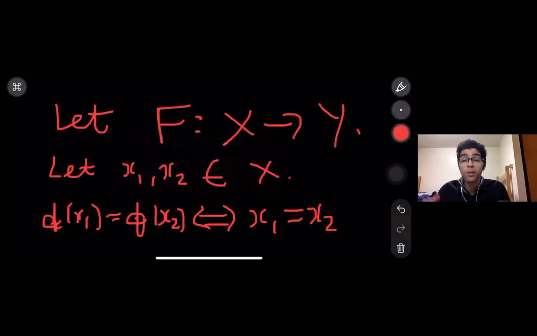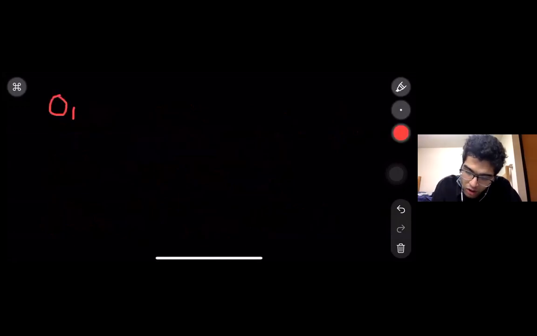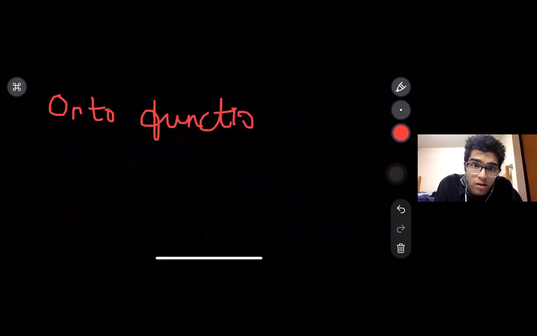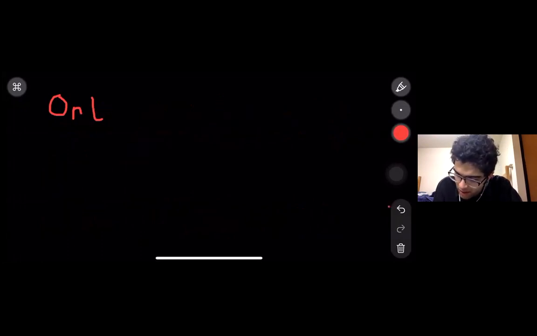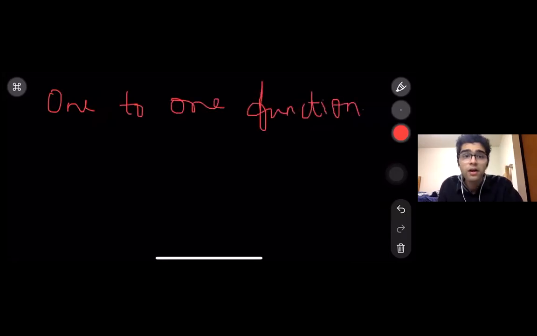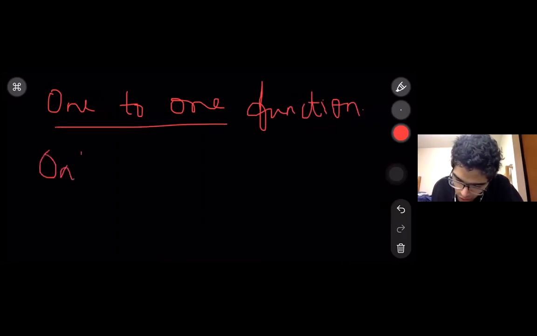Okay, now let's talk about the other function, which was the onto function. Actually, let me try to write it using slightly smaller ink. Let's see if it will work out better. Maybe it will give me more space. Let me write this. So then we have a... oh, okay, this looks better. One-to-one function. Okay, it's a lot better. That is done. Now we are talking about onto function.